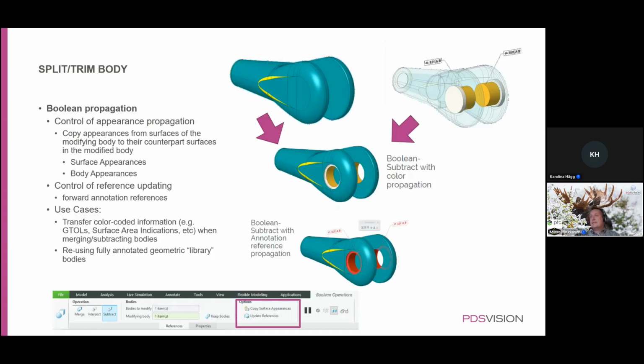The second thing with bodies is that we have something called Boolean propagation. If you look at making Boolean operations, you have this casting or forging first, and then you have two pieces in here as a cutter. And these are containing two things now: colors and PMI annotations, so basically 3D annotations for the geometrical tolerances. So if I subtract this geometry out of that, this is what you get today. So you will get that